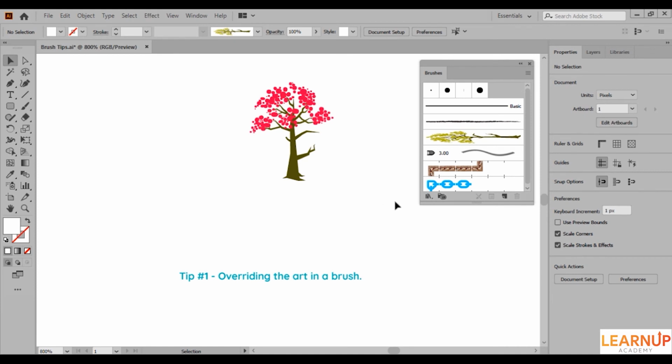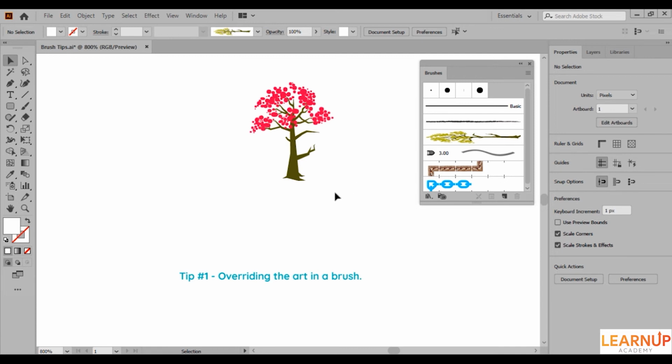So we know nearly everything about these brushes, except for some small yet handy tips. So let's start with the first tip, which is about overriding the brush contents. Here we have a brush, and after creating it, I have modified the art a little bit. Now the problem is that I like this art more and want to replace it with this one. Well, we can create a new brush of course, but nobody would want to go through the process of setting up the brush one more time.